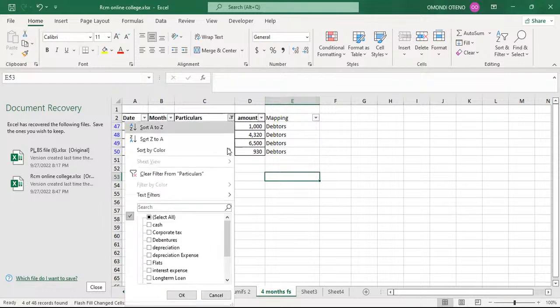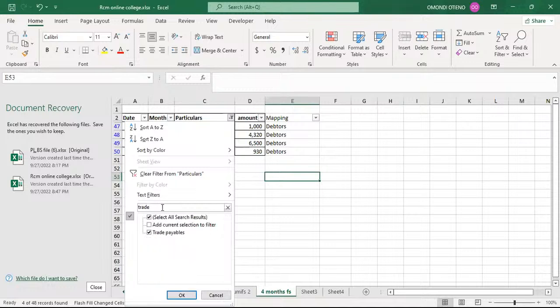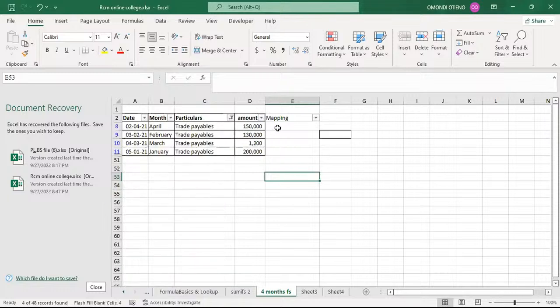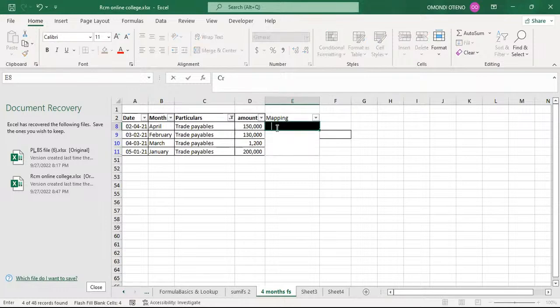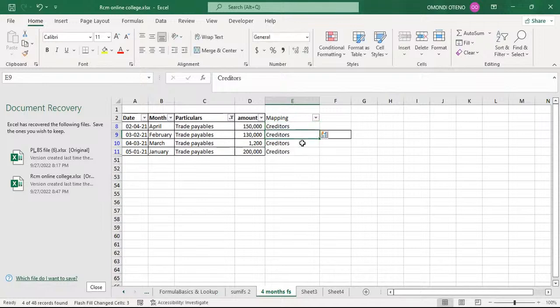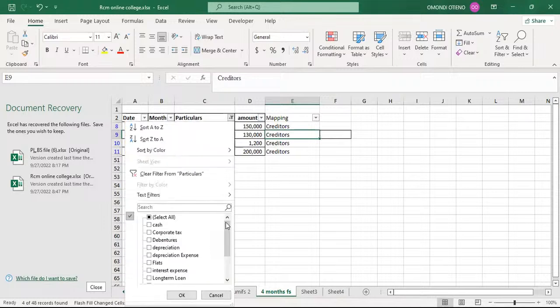The next item that I've also seen there is trade payables. So trade payables, we can call them creditors or maintain the name. So let's have creditors there. There's also another item that we have not picked, that is